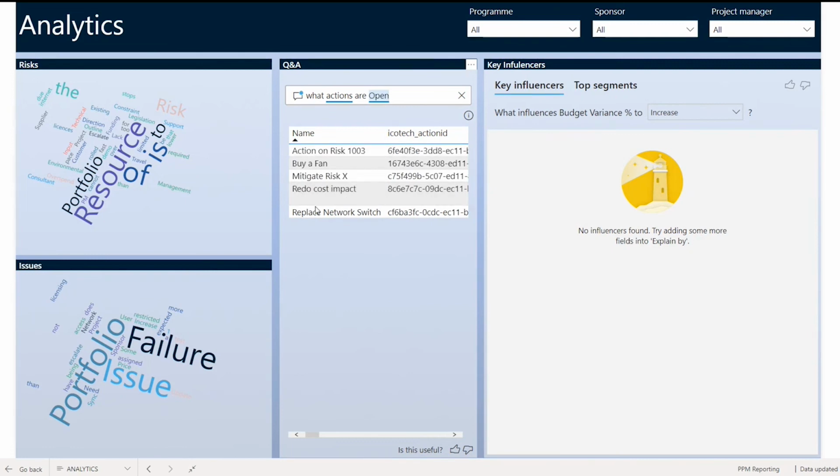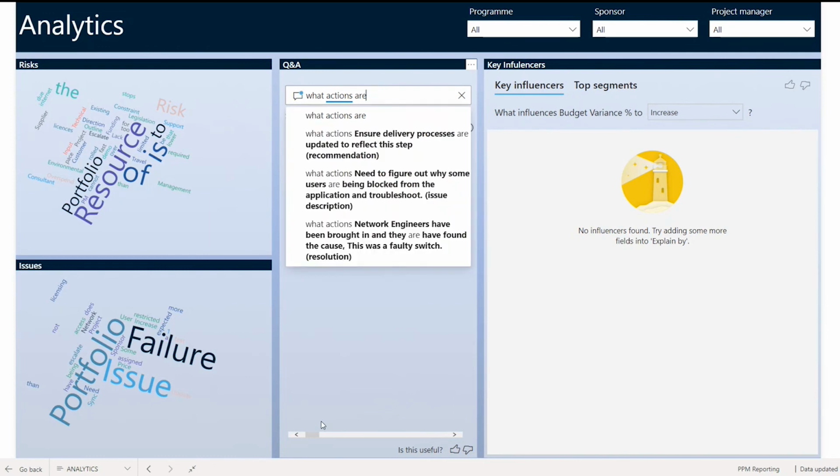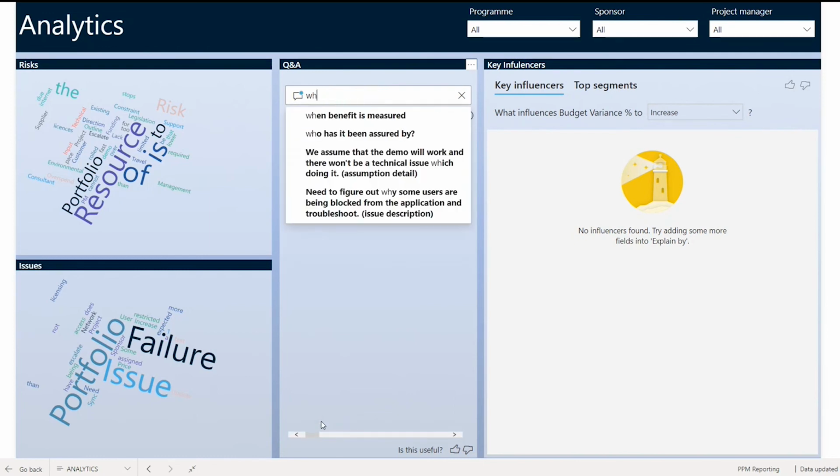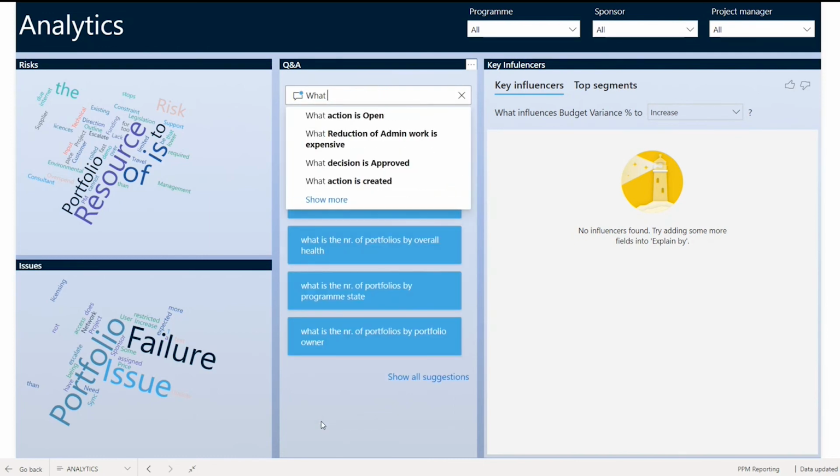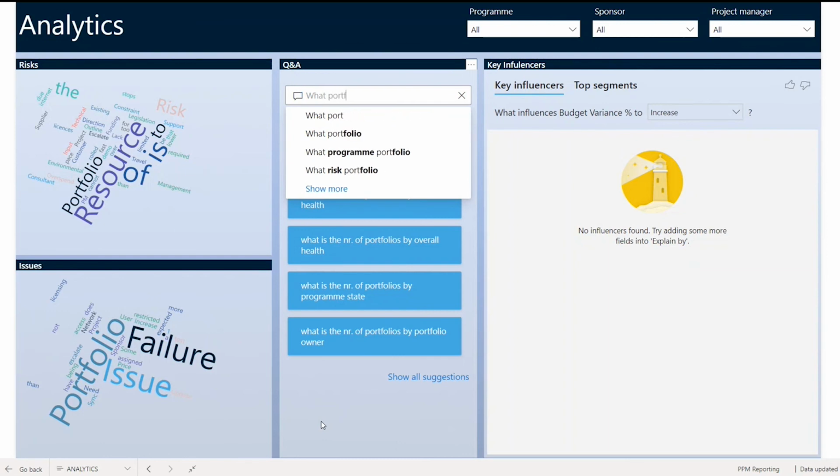Obviously we could change this to show different attributes. You can condense this rather ugly table if you want to, or you can have this pane a bit wider. But you're able to ask the system questions, and it will bring that through. So what portfolios, which projects